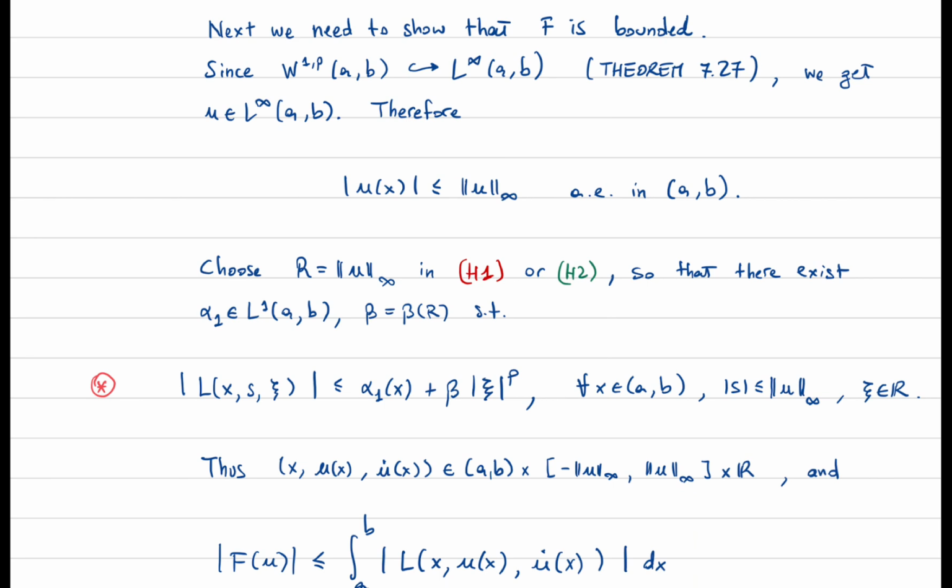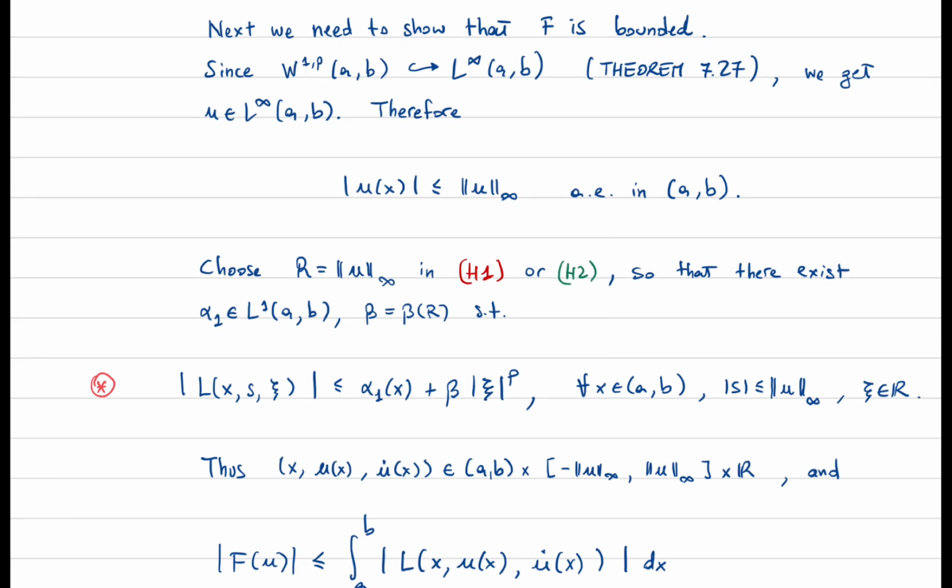Okay, since we know that W1P is embedded in L infinity, and this was true by theorem 7.27, we get that U is in L infinity, and therefore we have the very trivial estimate that the absolute value of U at a point x is less or equal than the L infinity norm of U, almost everywhere in AB. And therefore, if we choose R to be this L infinity norm in the assumptions H1 or H2,